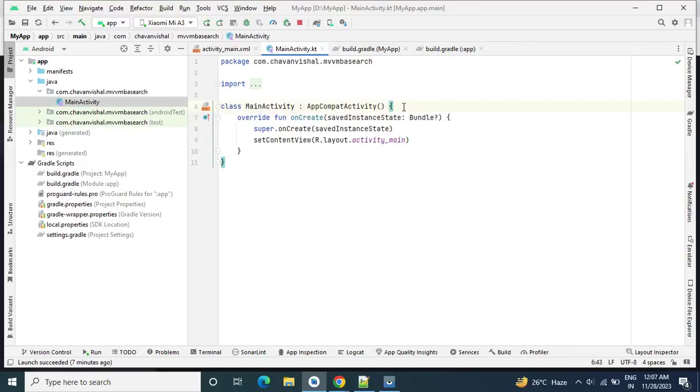In this video, I am going to show you how to create base architecture of Android project using MVVM, Kotlin, Hilt, Coroutine, etc. So I am assuming that you guys know the basics of all these concepts. Still, I will try to explain these concepts in this video.